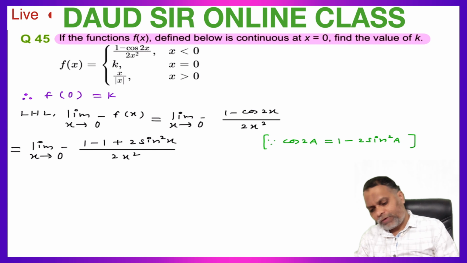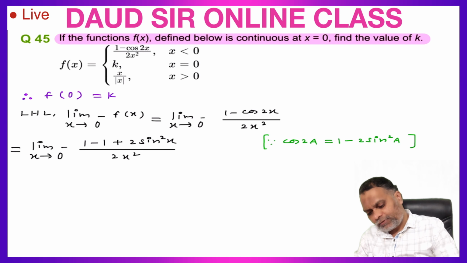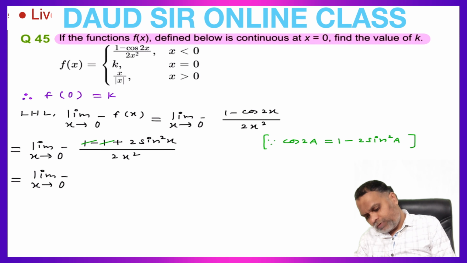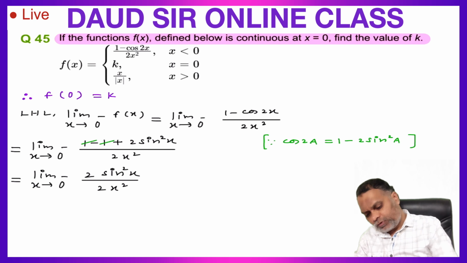This trigonometric formula we applied here. This minus 1 plus 1 cancelled, which is equal to limit x tends to 0 minus 2 sine square x upon 2x square. This 2 cancelled,